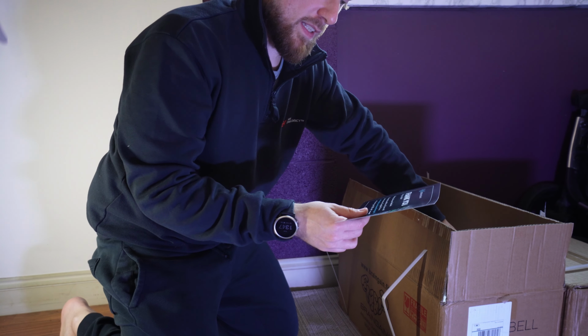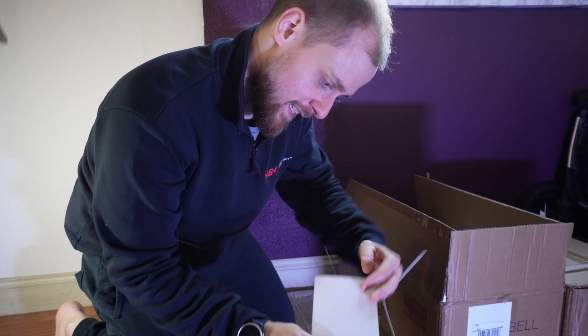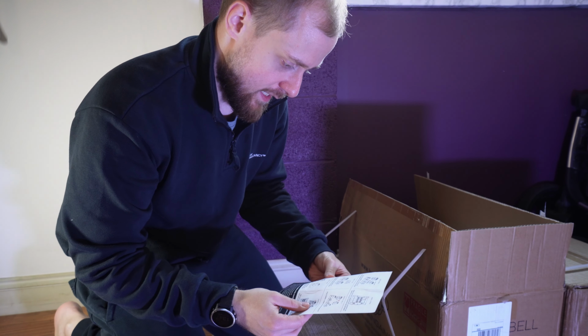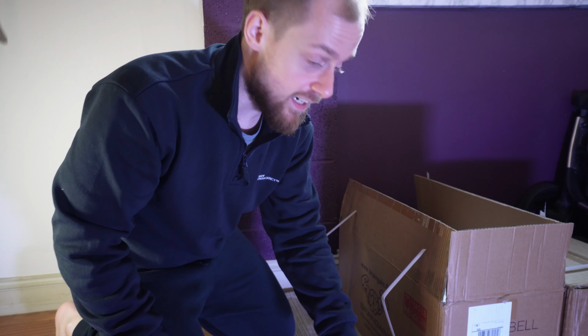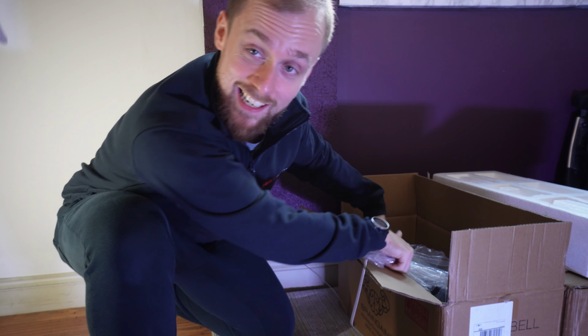I'm going to get these out of the box and then have a little play around with them. Alright, a little bit of documentation. Thank you for your order, no problem. Leave them a review later. Some instructions. I believe these are fairly self-explanatory, but I made the mistake before of not reading instructions with my other dumbbells and had a few issues because I was being stupid, so I will read those in a second. Okay, I'm going to see if I can deadlift these out of the box